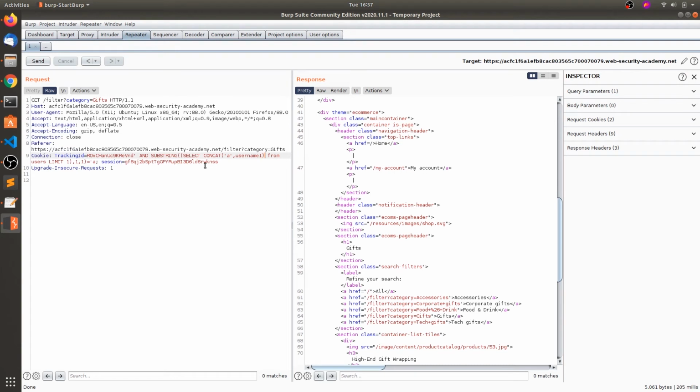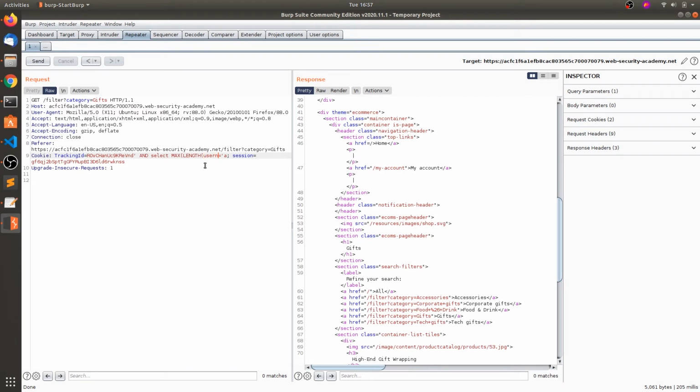Now what we are going to do is select max of length of the column name. What is the column name we have found?